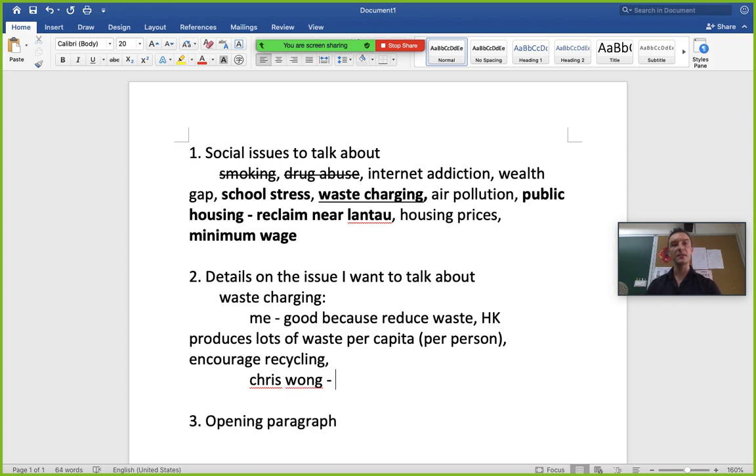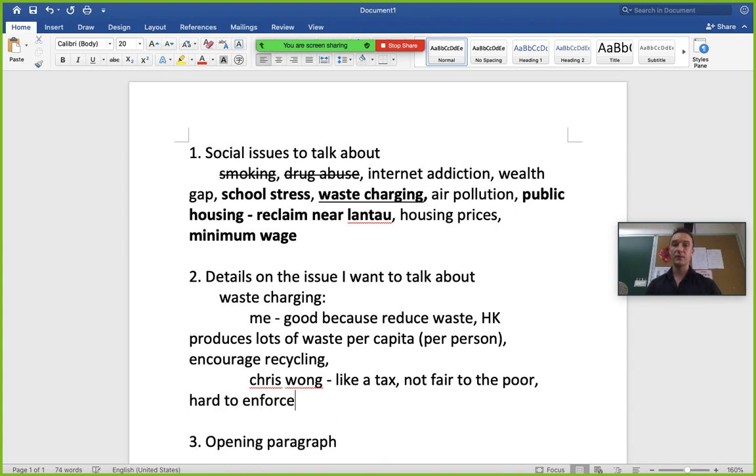What would be the argument against it? Well, basically, it's like a tax. Not fair to the poor. Hard to enforce. By that, I mean that if you have waste, you could throw it in a rubbish bin here at school, and you don't have to pay for that, or one on the street. Or some people would just throw it out in places. It would be a law that's hard to enforce. But